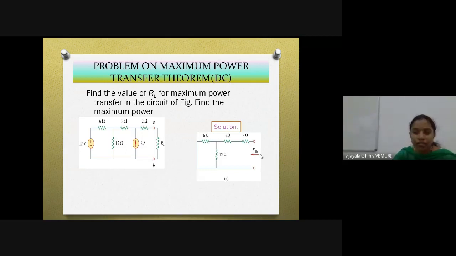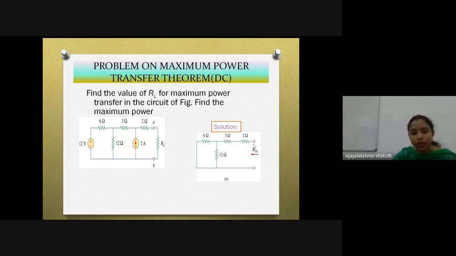After that, you need to find the Thevenin equivalent resistance by seeing into the circuit from this direction. When you are seeing the circuit in this direction, you need to assume that there is a source here, so current starts flowing. When current starts flowing, it divides at this node. If you observe the 6 ohms, one end is connected to 12 ohms and the other end is connected to again 12 ohms. Both are in parallel, as the current is dividing. So 6 and 12 are in parallel, and that combination will come in series with both 3 and 2.